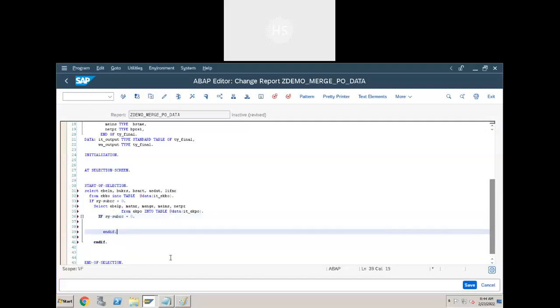What is the next select statement you have to write? On material text table. We have already selected the material number. Next, we'll select the material text. What is the description of this material? What is the text table for MARA? MAKT is the table.